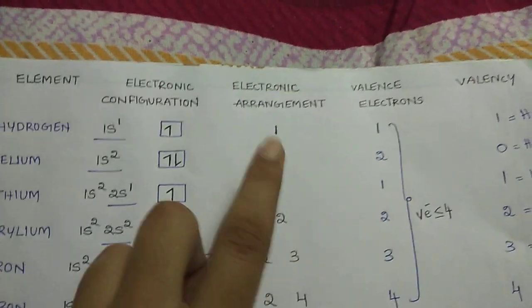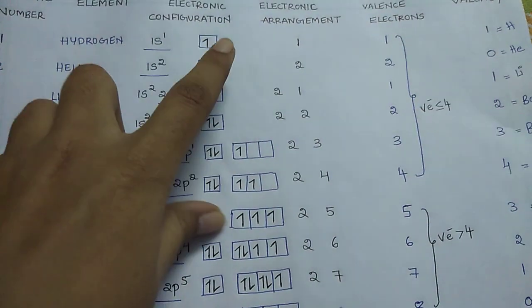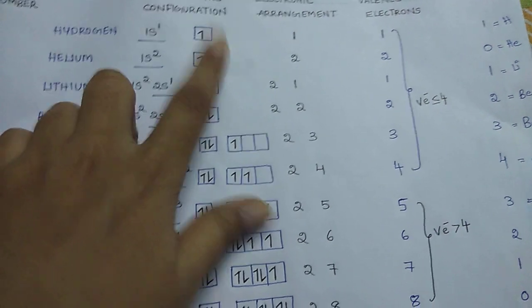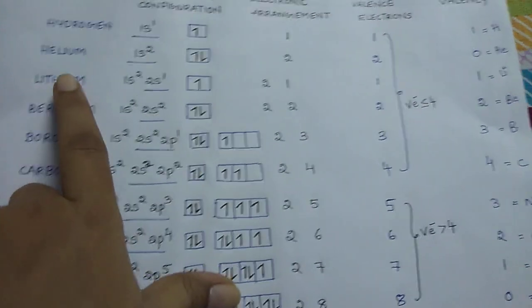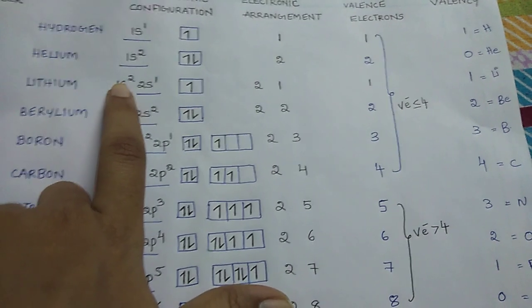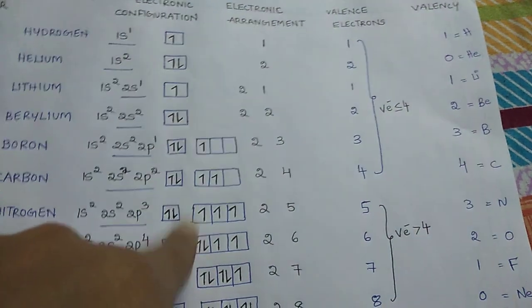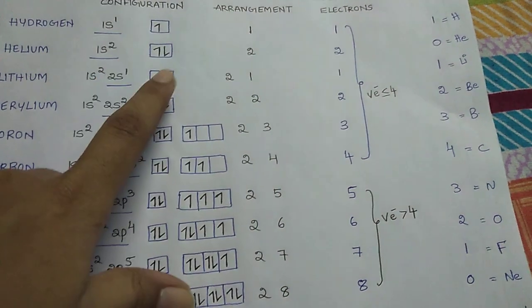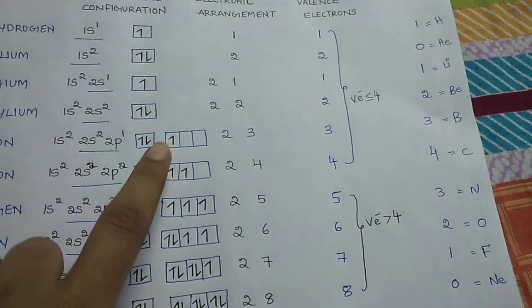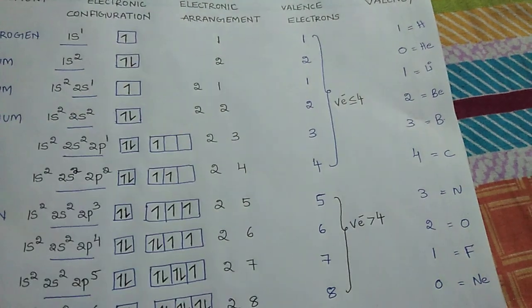Here we can see the electronic arrangement, how the electrons are arranged in these shells. Firstly, for hydrogen, the single electron is present in the 1s orbital, and the 2 electrons of helium are present in the 1s orbital, which is completely filled. For lithium, there are 3 electrons, and the 1s orbital has 2 electrons. I have not mentioned the innermost electrons here, only the valence shells. This is the 2s orbital, and this is 2p, this is 2s, 2p, and likewise.